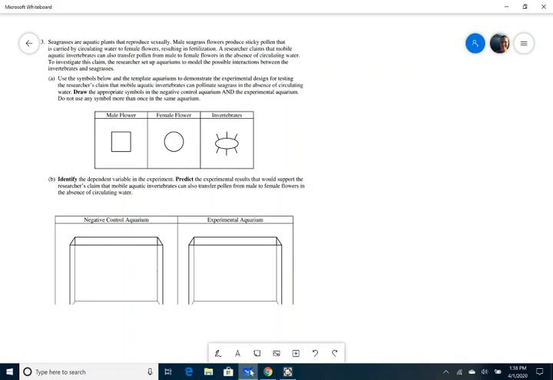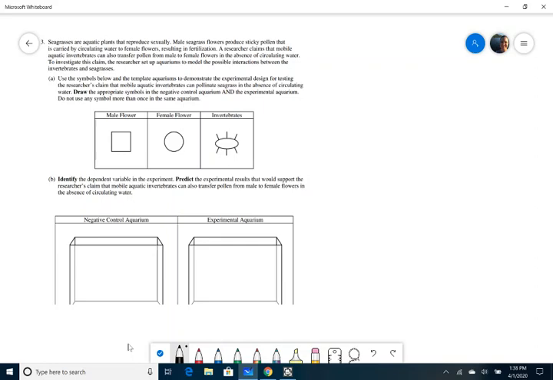Alrighty, so this is question number 3 from the 2018 exam. If we read through it, it says seagrasses are aquatic plants that reproduce sexually. Male seagrass flowers produce sticky pollen that is carried by circulating water to female flowers, resulting in fertilization. A researcher claims that mobile aquatic invertebrates can also transfer pollen from male to female flowers in the absence of